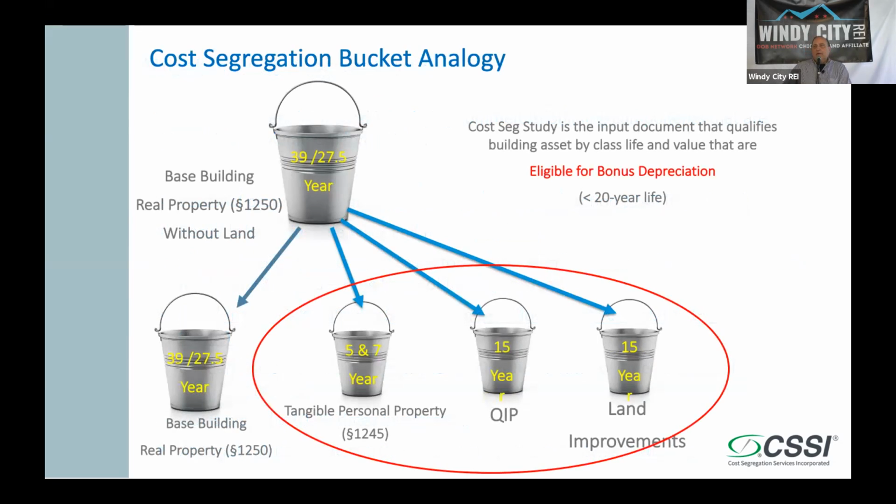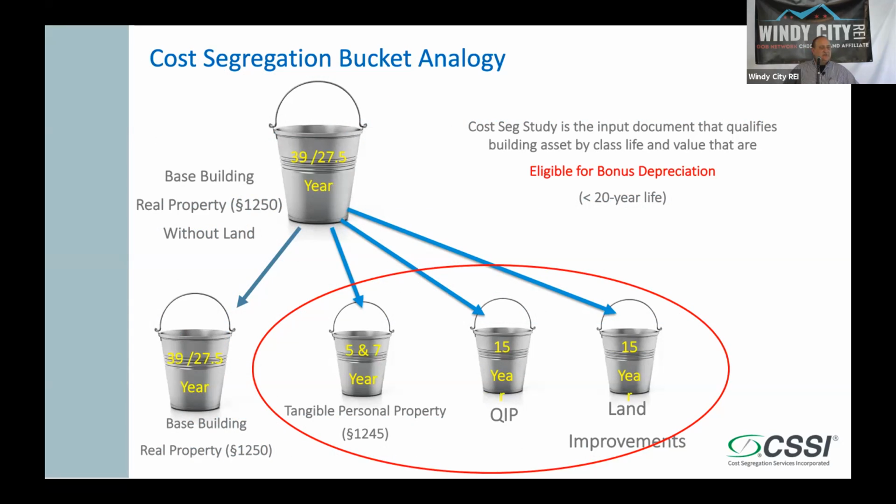So let's talk a little bit about bonus depreciation. Anybody here heard about bonus depreciation? No? Yes? A couple? Okay. Bonus depreciation, the way that works is it came as part of the Tax Cuts and Jobs Act for new